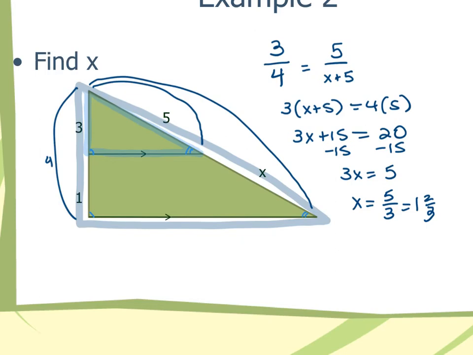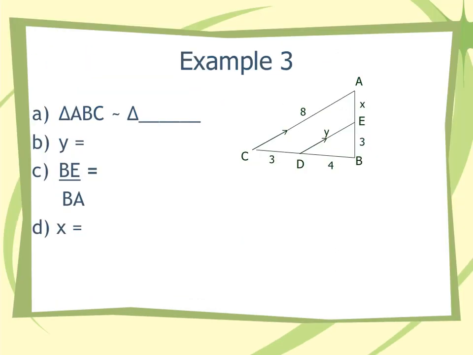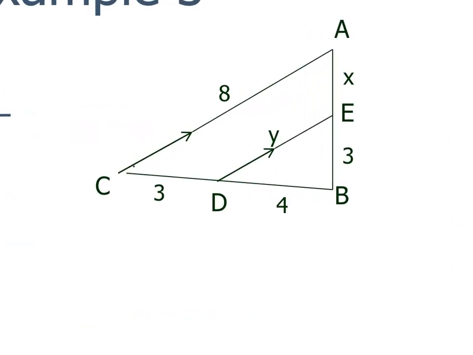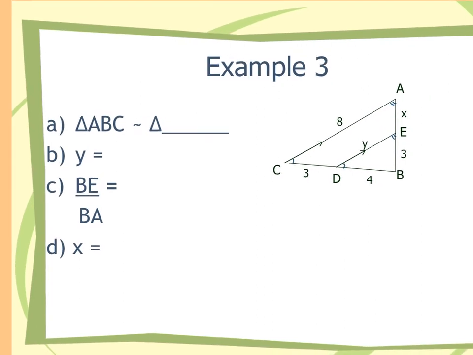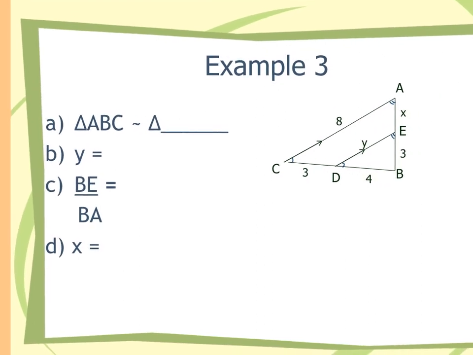Not bad. All right, example 3. Okay, again, you've got a figure on the right, and again, you've got parallel lines marked. So I would know that this is congruent to this and this to this. So I know these are similar. It already gave me A, B, C, so I've got to go in that order. 1 arc to no arcs to 1 arc, which means on the small triangle, I have to go,